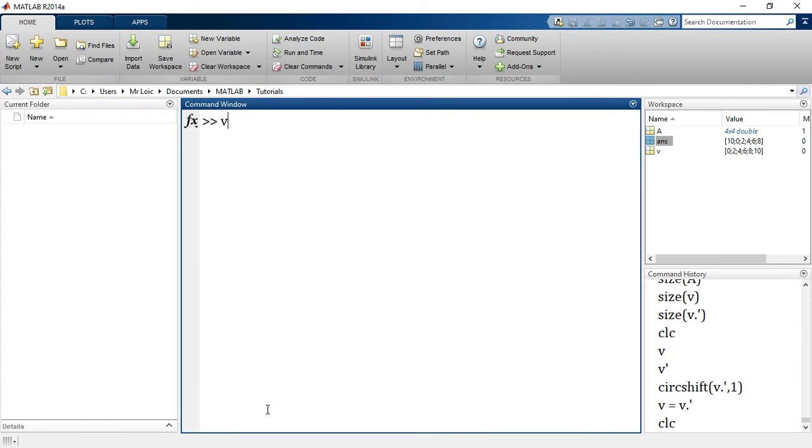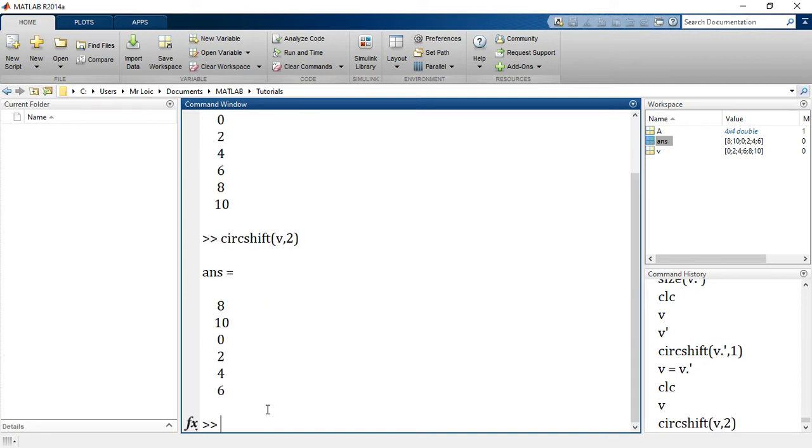Good. So let's remind ourselves of V again, and now let's apply circshift twice to understand. V comma 2. What will happen this time around? It has done it twice. The first time 10 went up, as we saw, and the others went down; then the second time, 8 becomes the last value, so 8 goes up and 10 goes down.